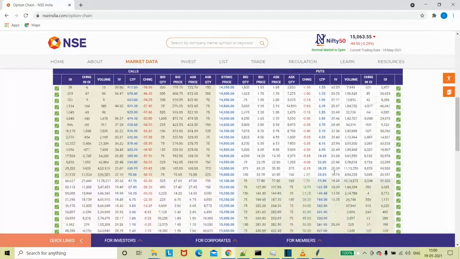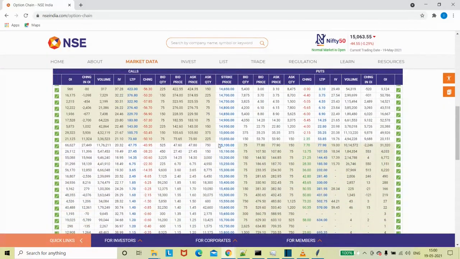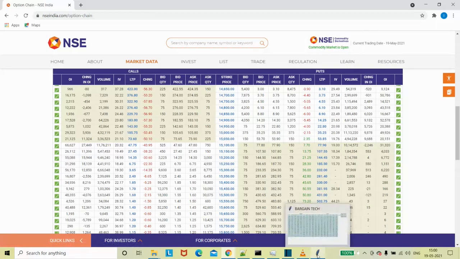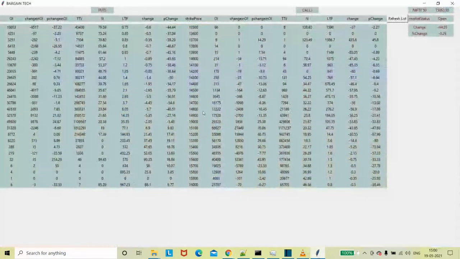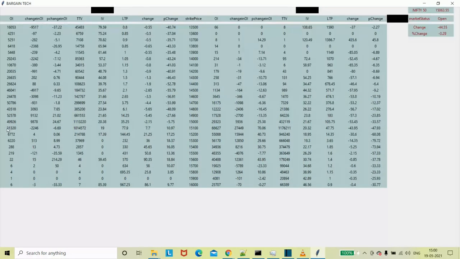And similarly, here also we can see, if I go to 15,100, and this is the put, the put price is 53.85, and this is the OI. Let's see at 15,100. So my puts are here. If I see, it is 31,320, right?